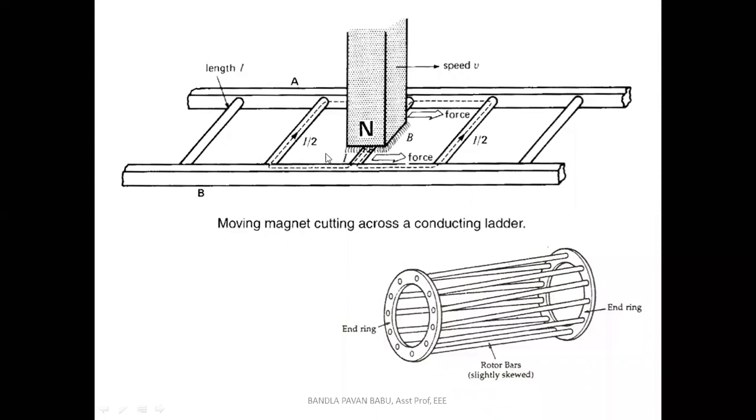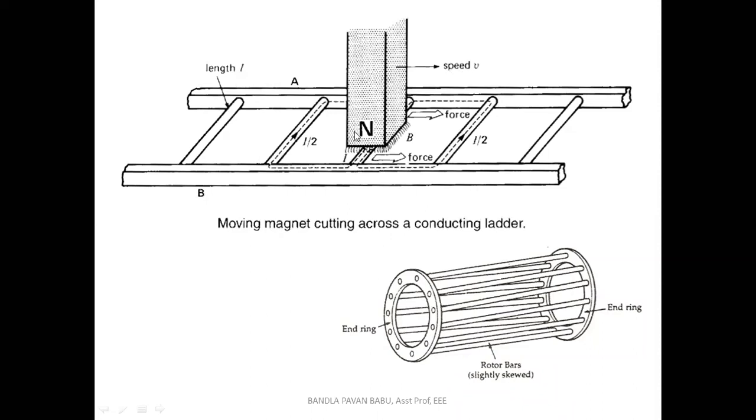These are the rotor bars, series connected, and these are the end rings, so it appears as a ladder diagram. Here we have considered a permanent magnet, which we push towards the right, keeping the ladder constant. Consider the ladder as the rotor and the permanent magnet as the stator. As we push the magnet, we can see the force applied at a speed v for a conductor length L.